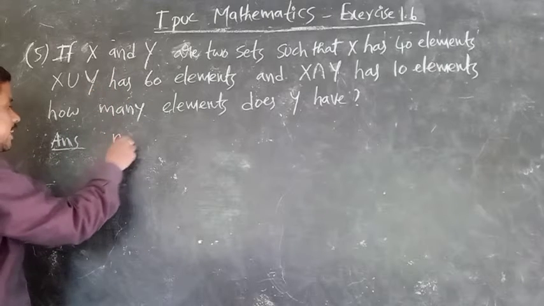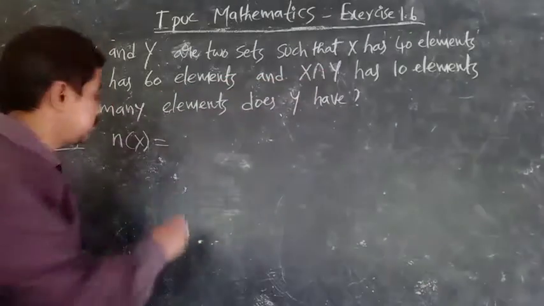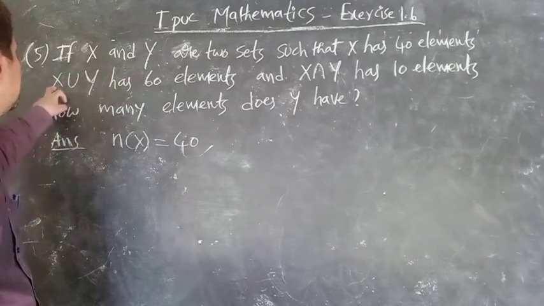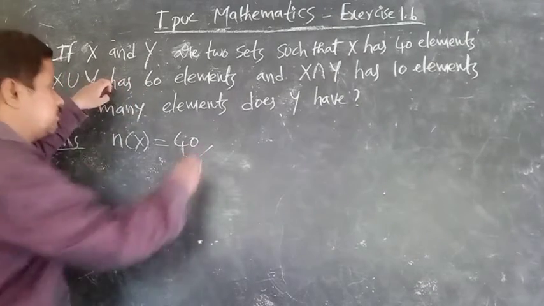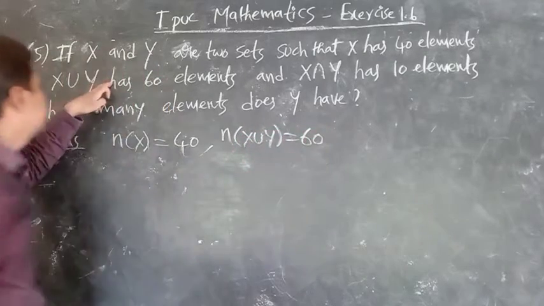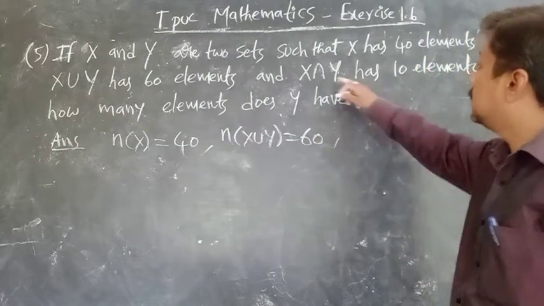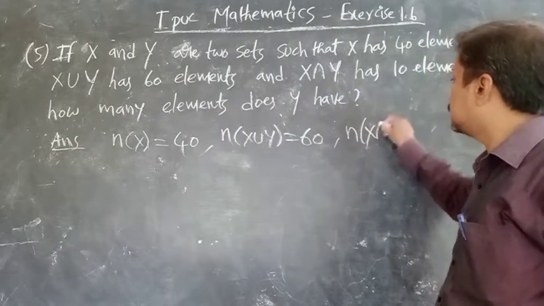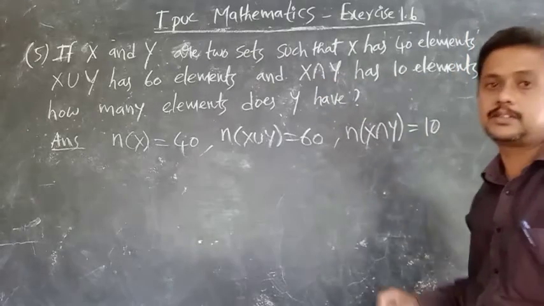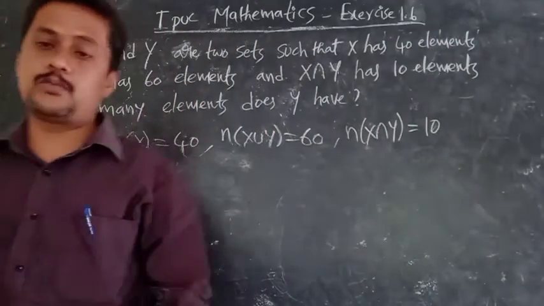N of X is equal to, tell me what is the answer? X has 40 elements, so N of X is equal to 40. Next, what is given? X union Y has 60 elements, so N of X union Y is equal to 60. N of X intersection Y has 10 elements. Next, how many elements does Y have? So therefore find